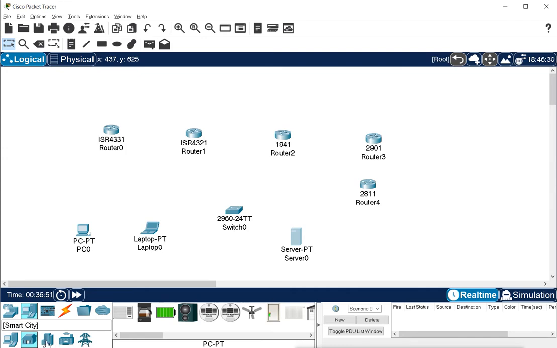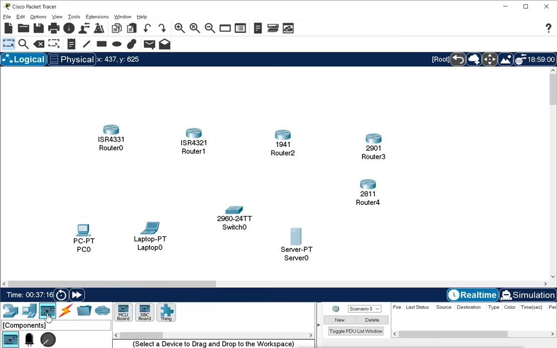Then we have the smart city devices, and these are also the same as we use in the home and some city. Then these are the industrial devices, and this is the power grid we have. So these are the devices we have. Then on this side you have components, like you can use this board, actuator, and sensor. So you can do some electronic things also in this Packet Tracer.